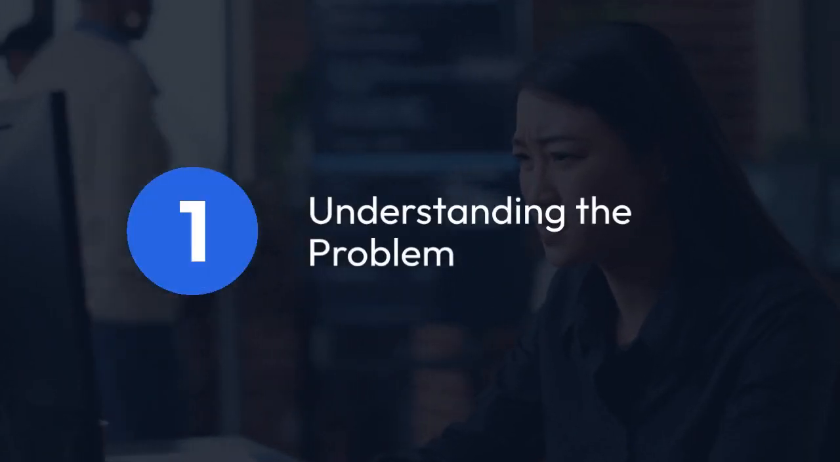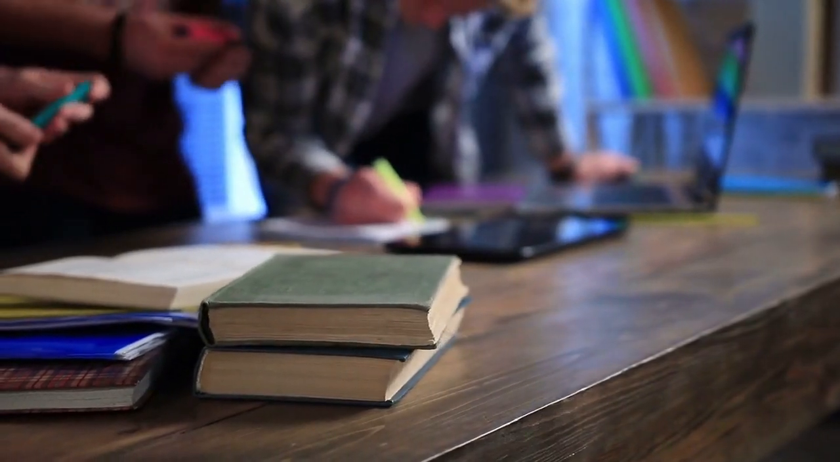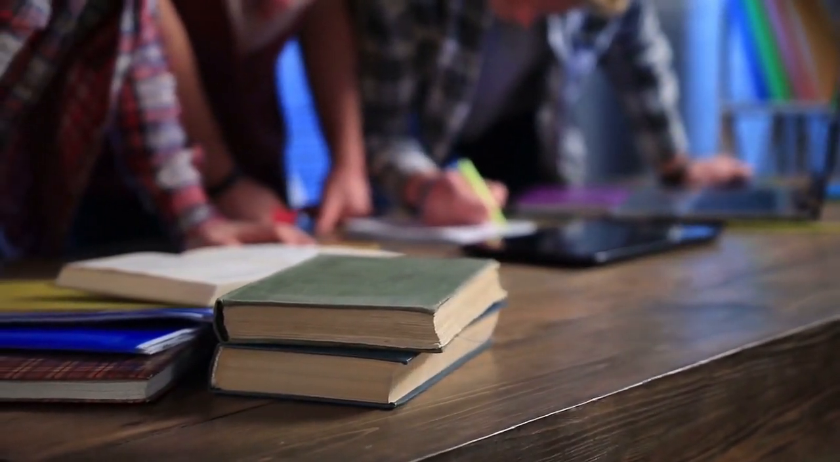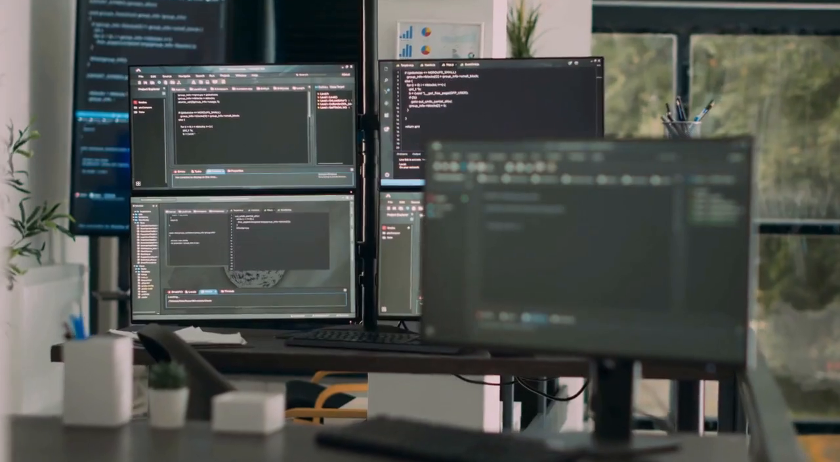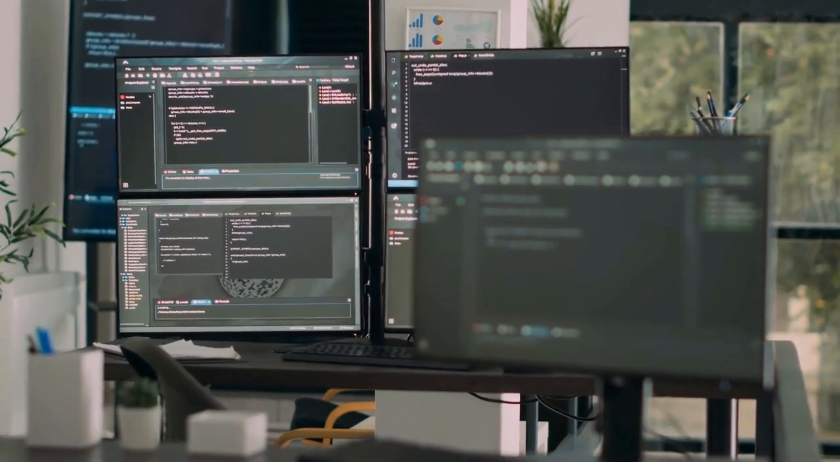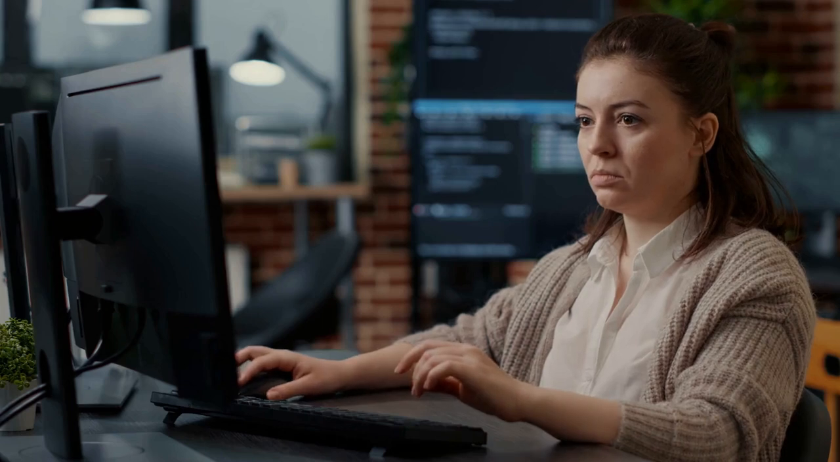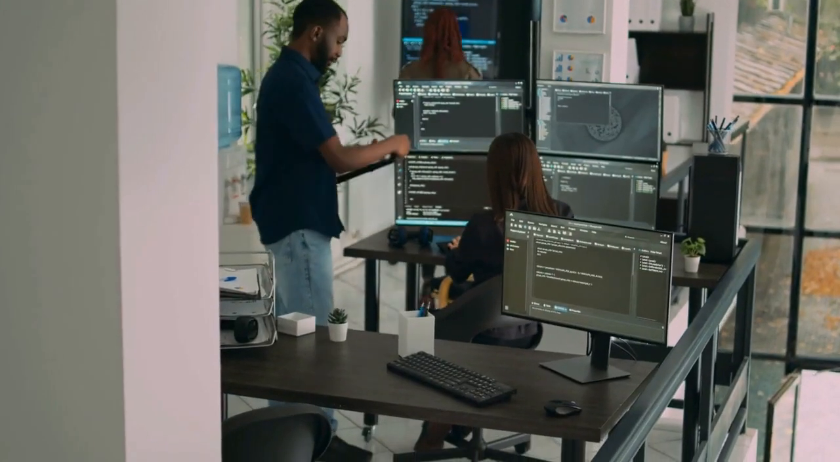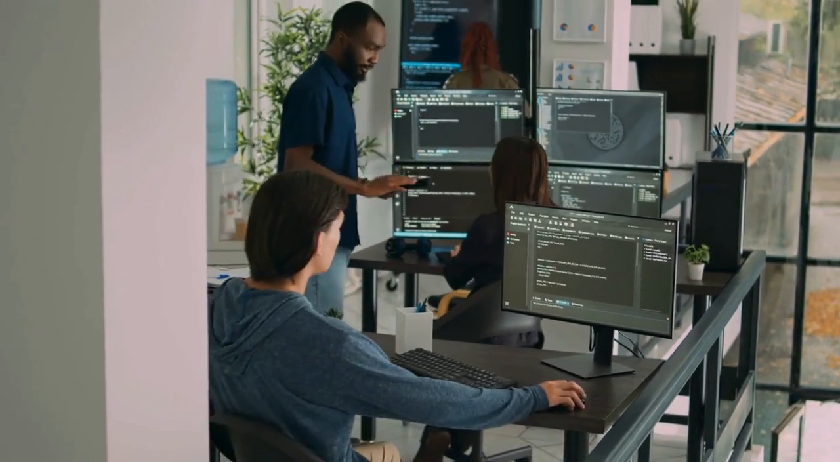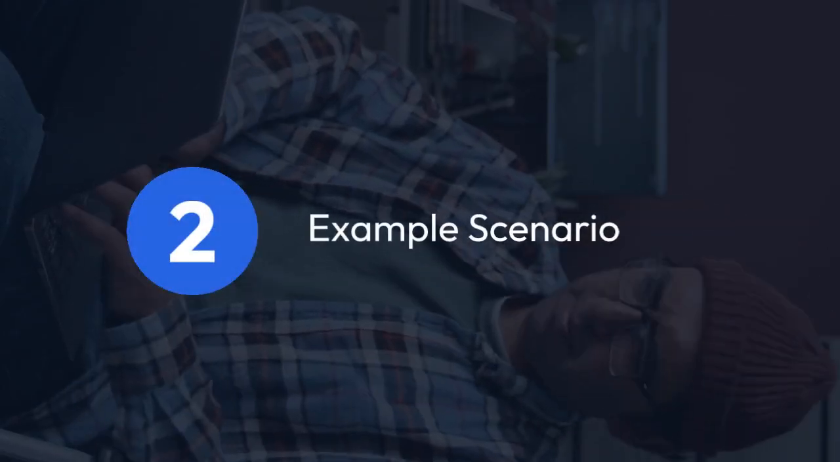1. Understanding the problem. The ORA-01403 error usually happens inside a loop that iterates through a cursor. Your code attempts to access data from the cursor using fetch, but there's nothing to fetch because the select statement defining the cursor didn't find any matching records. This commonly occurs when your where clause in the cursor's select statement is too restrictive, resulting in 0 rows being